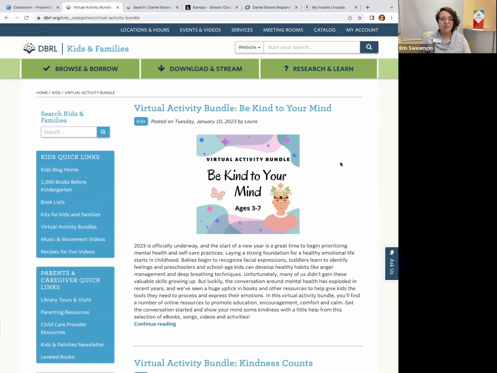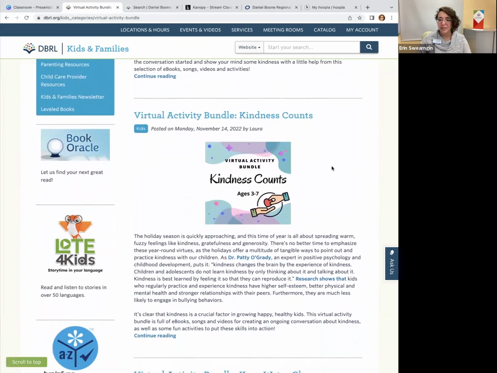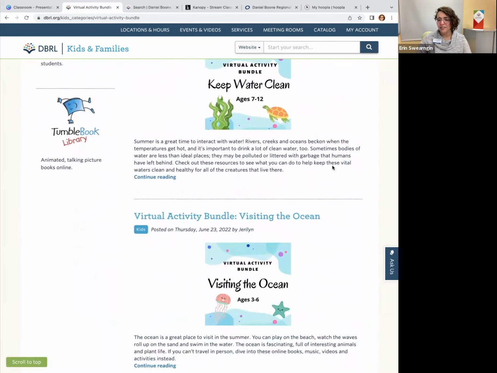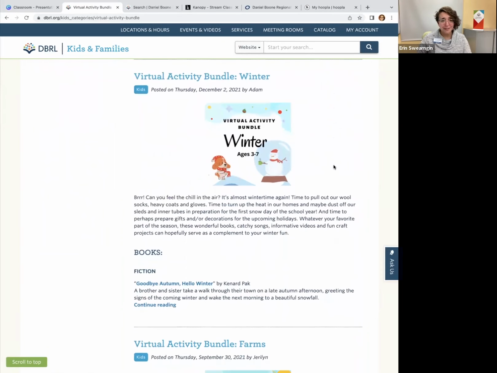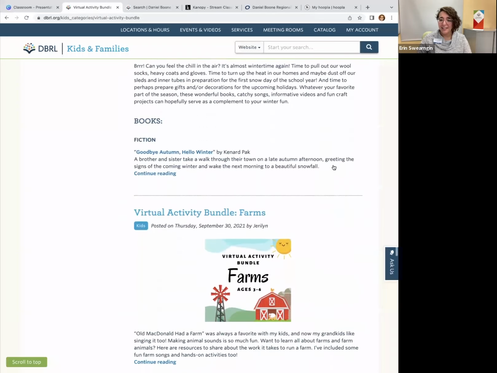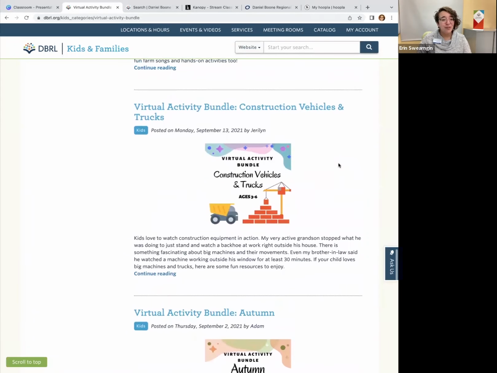These bundles are themed around a topic. They're pretty broad. It depends on what the staff member is writing about. So it can be kindness, emotions, or fun things like farms, winter. We have a lot of different topics. That's vehicles, constructions. So if you find one that your child is particularly passionate about, this might be a fun